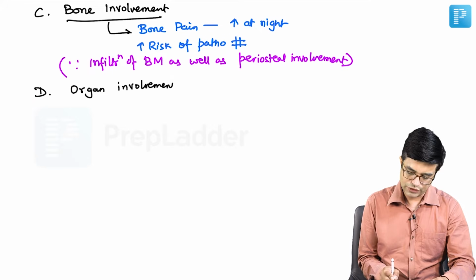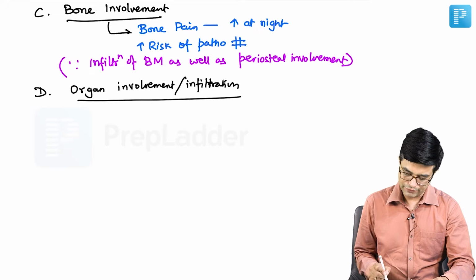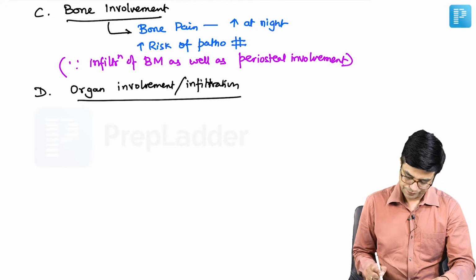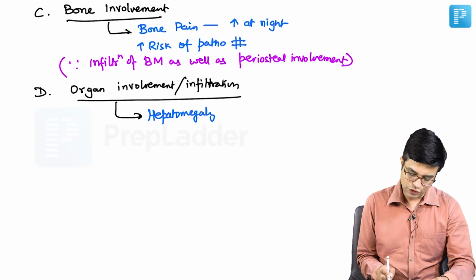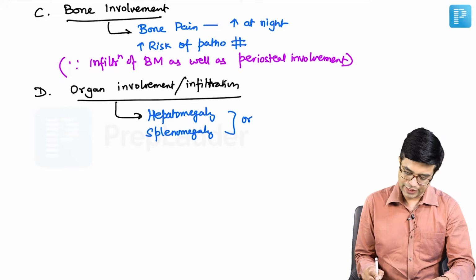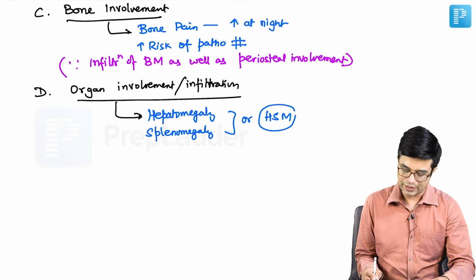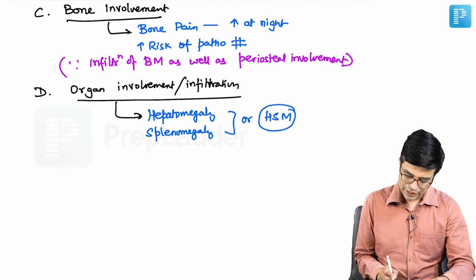They are also called organ infiltration. So organ infiltration will produce features like, first of all, hepatomegaly, and splenomegaly, and many of these patients will have both. So they may have hepatosplenomegaly, both of them. They may also have lymphadenopathy,